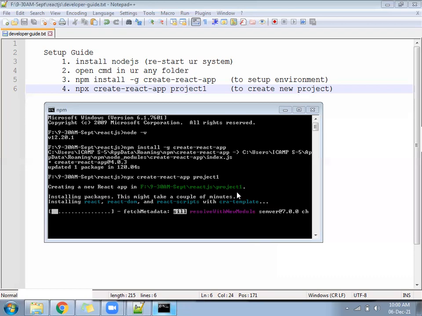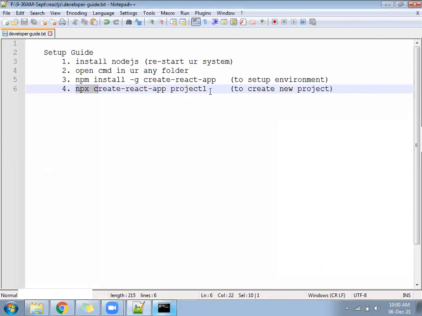Samid, what have you typed? Can you see here: npx create-react-app project1. It's not like if you write anything, it will work. Look at your code. Type exactly this command. Don't do comedy.